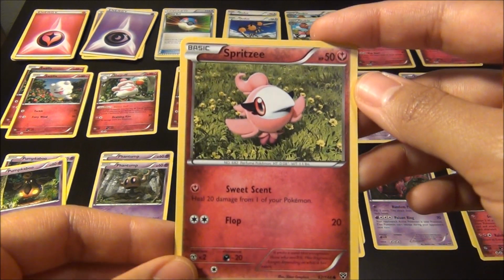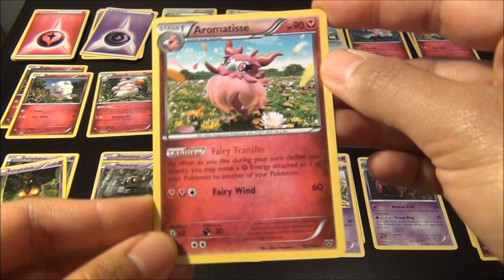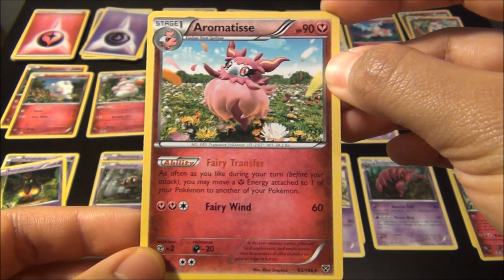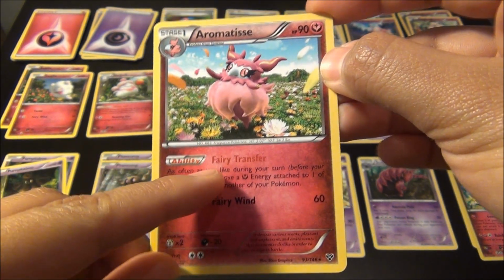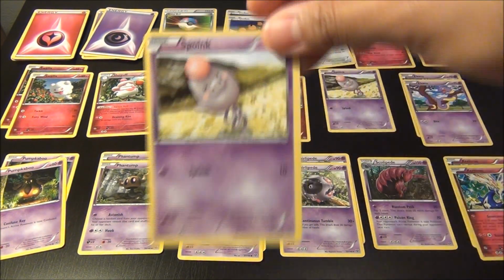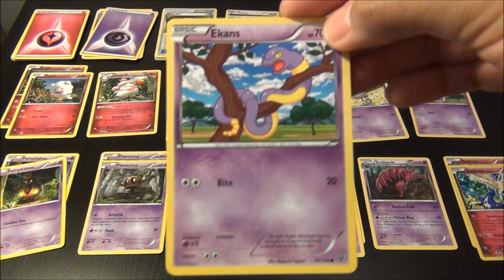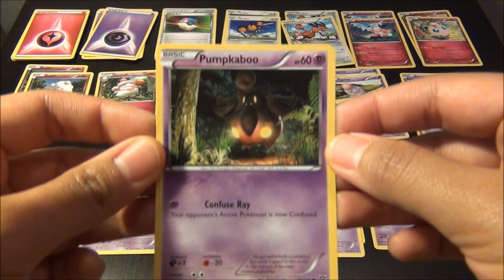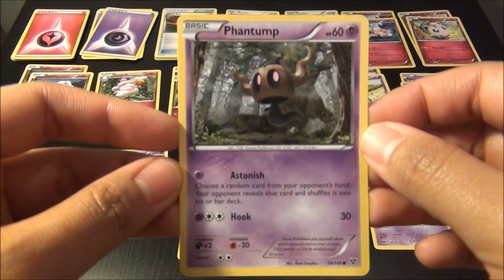2 Spritzees, and 1 Aromatisse, or Aromatis, I'm not sure how you pronounce that. This has Fairy Transfer ability, where you can transfer one energy to another as many times as you'd like, so that's pretty sweet. 2 Spoinks, 2 Ekans, 2 Pumpkaboo, sounds kind of funny, 2 Phantump,